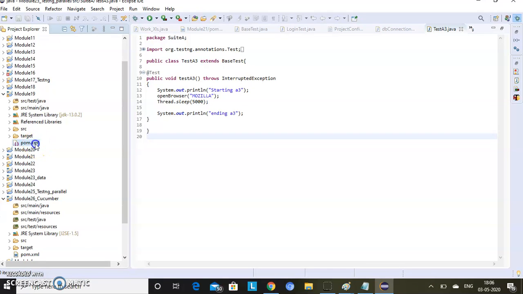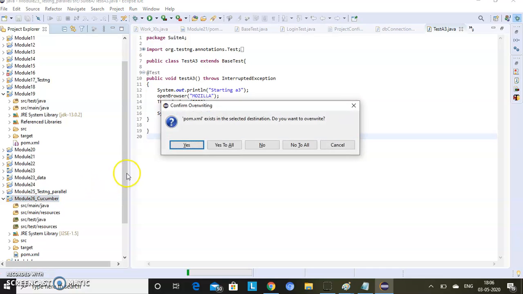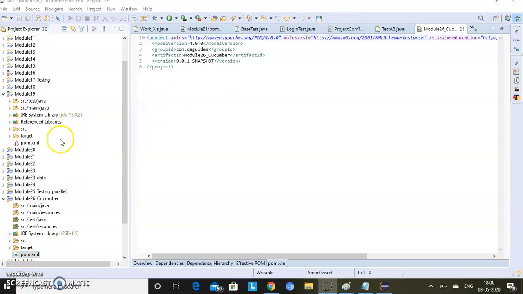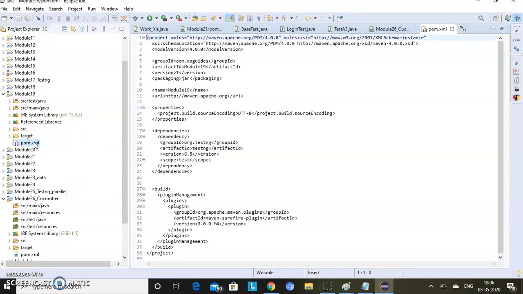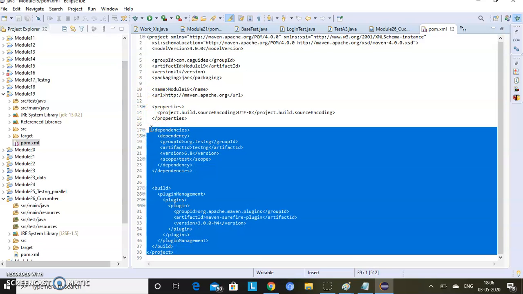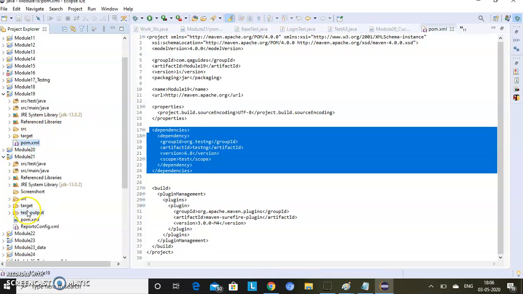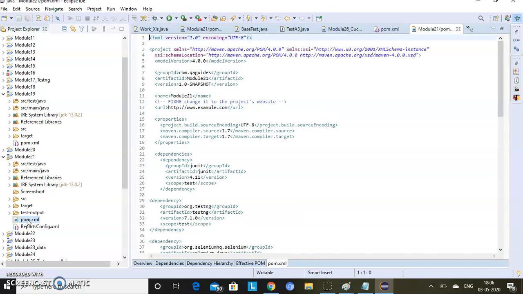And I am taking the existing pom.xml. Sorry, don't paste. Let's open it. This is our existing one, and this is our previous one. I am taking the dependencies from this project.